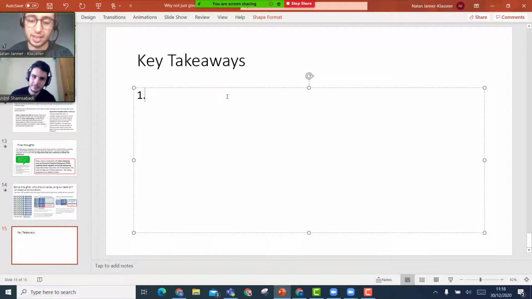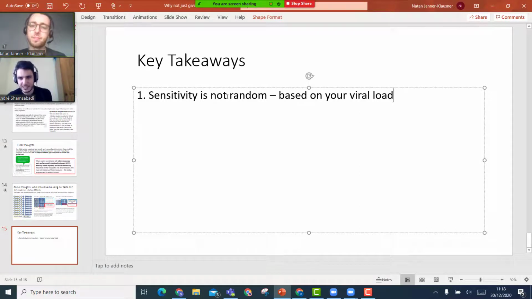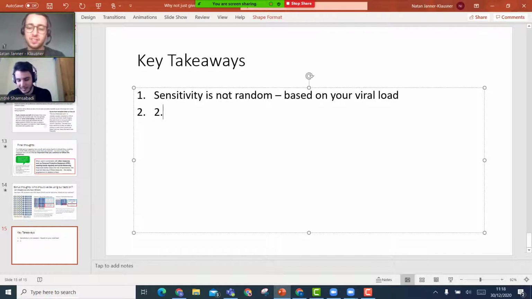So, firstly, sensitivity is not random. We can say based on your viral load. So there's a random chance of what viral load you have, but if you have that viral load, it's going to show up. Yeah, I mean, to an extent, there's a random chance what viral load you have. You can't have an infinite number of viruses in your system. That is also true. But let's just say between a minimum and maximum based on the